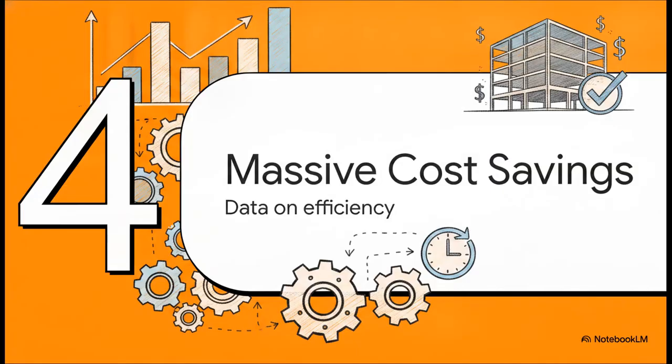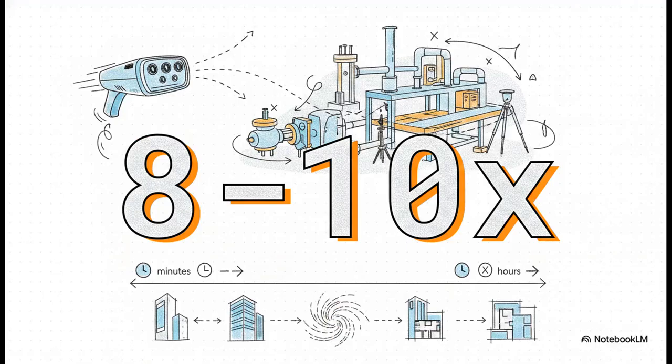Section 4, massively reducing project costs. Hard data on efficiency gains. Let's look at the actual numbers here, because they're pretty staggering. First off, utilizing Trion's lightweight and modular hardware gives you 8 to 10 times faster field capture compared to traditional static surveying methods. Think about that. You can literally walk through a dense, highly complex plant environment and capture each level in a matter of minutes